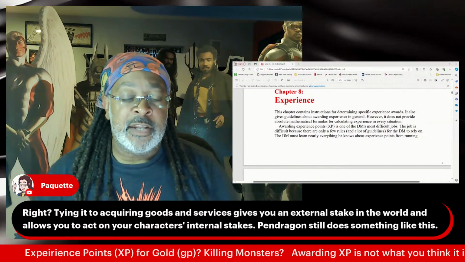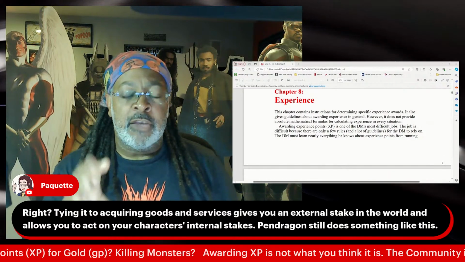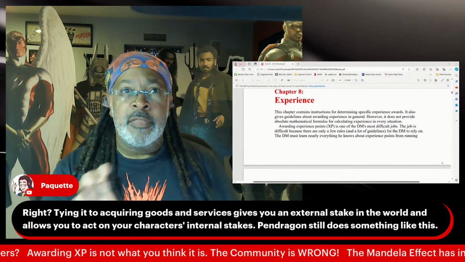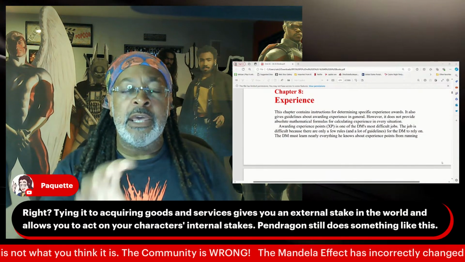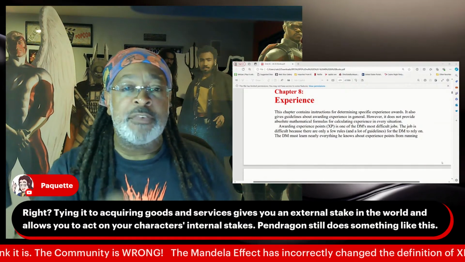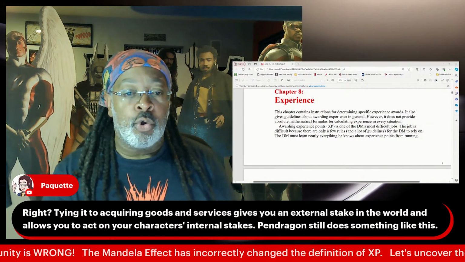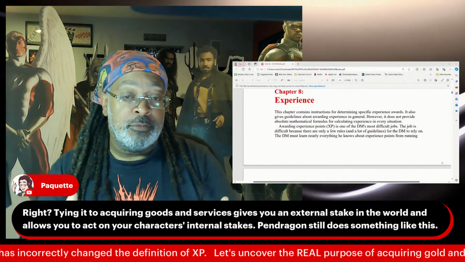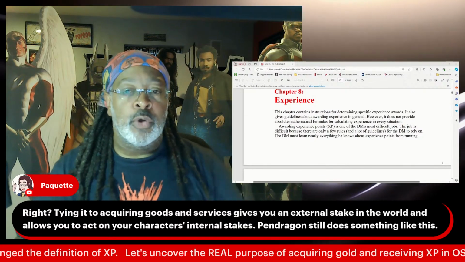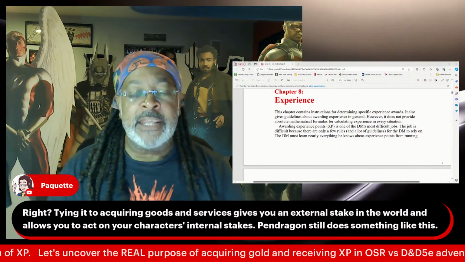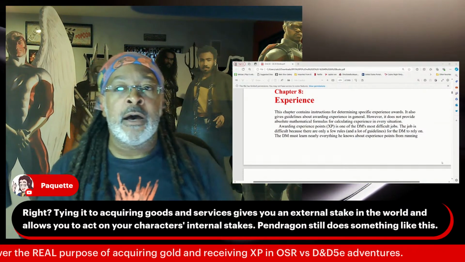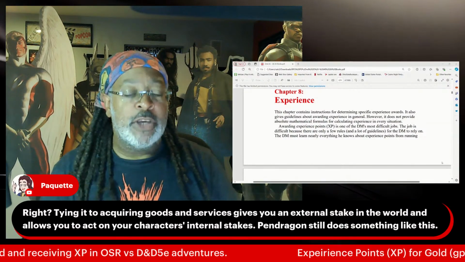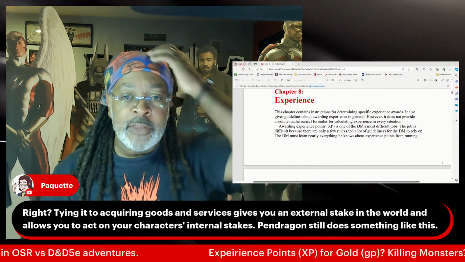I'm saying the unintended consequence of changing experience points from gold to monster hunting meant that there wasn't an internal investment in the world. In order to spend the gold, you had to have structures and resources to expend the gold with. There were NPCs in society, and like you said, an economy, a knowledge base, a training base of operations for the players to interact with.